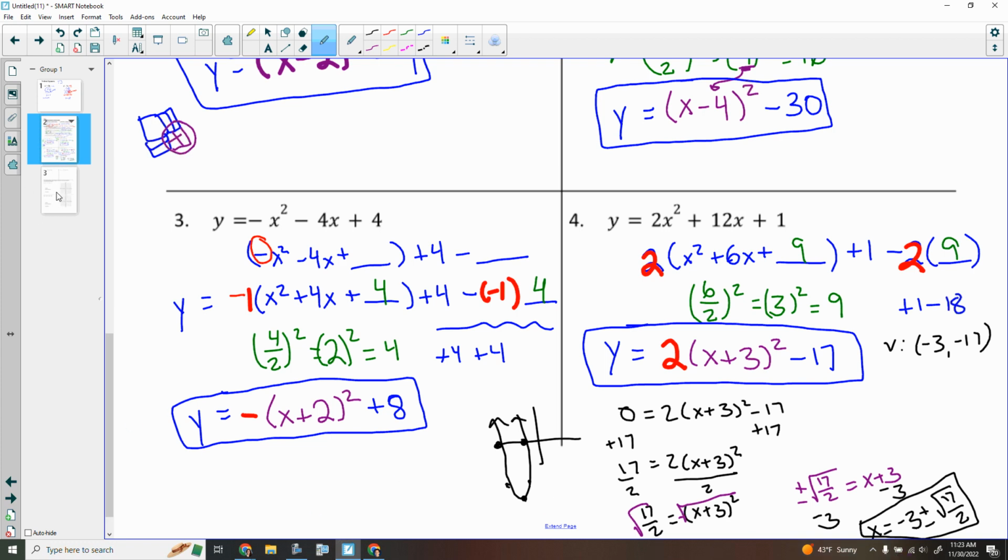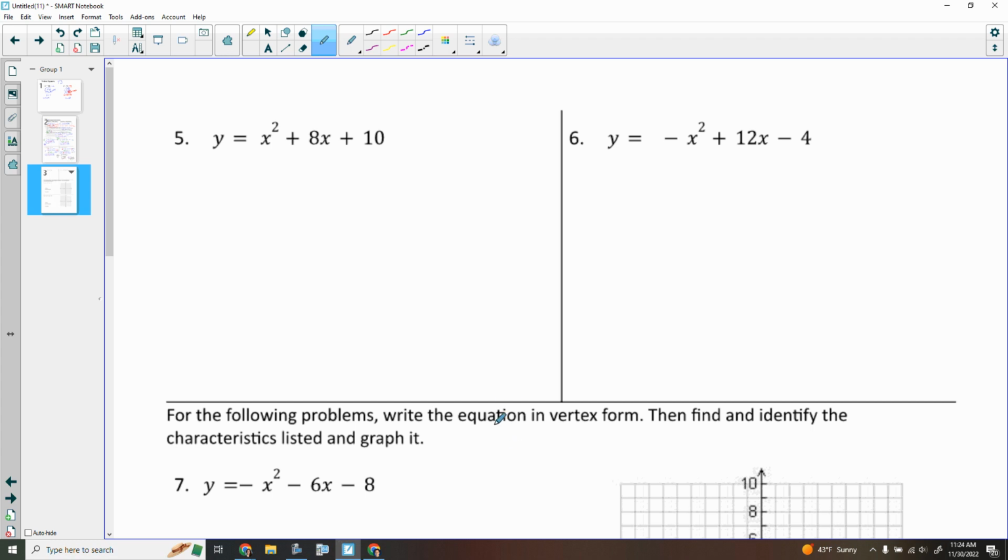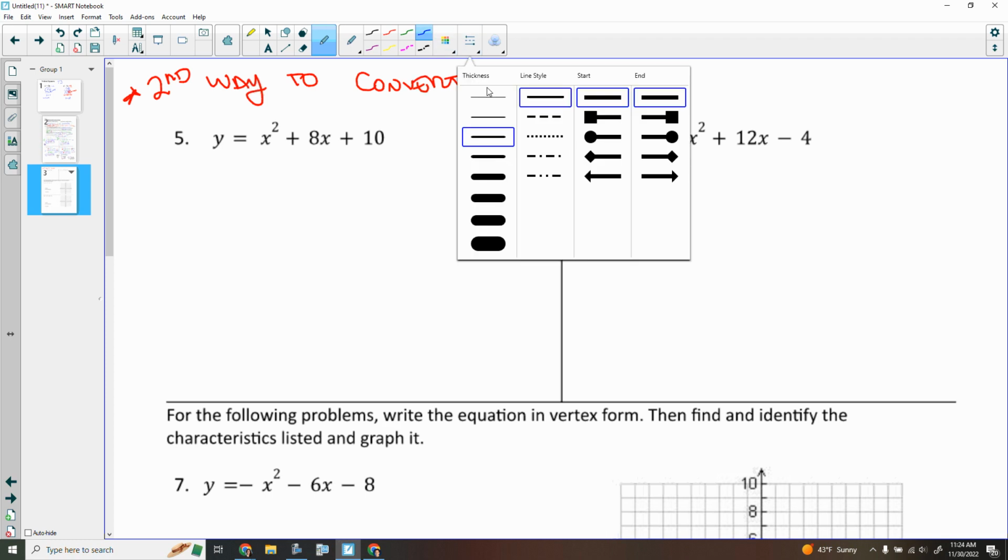All right, go ahead and turn the page. Let's go to problem 5. I'm going to show you a different way. So in reality, you can do either way as long as you're able to convert into vertex form. So this is a different way to be able to convert to vertex form, a second way to convert. And for some of you, this may be a better way, and for some of you, maybe not. It's up to you. So a different way would be to remember that your axis of symmetry